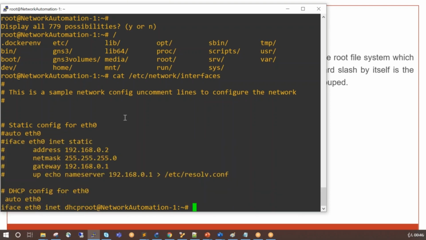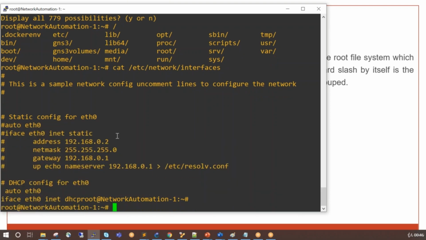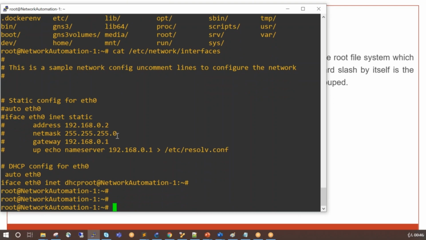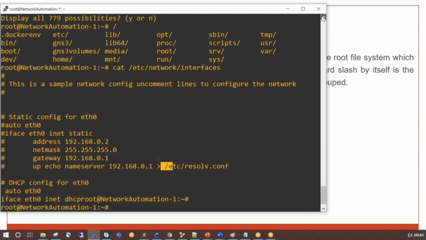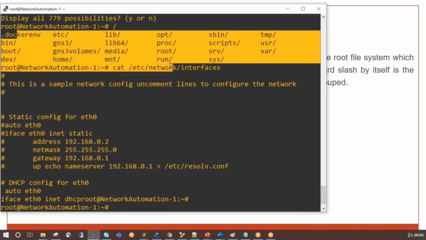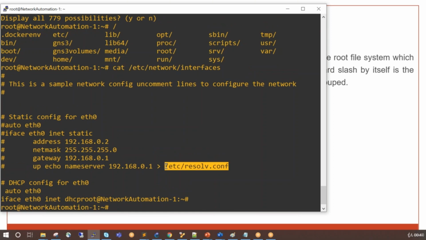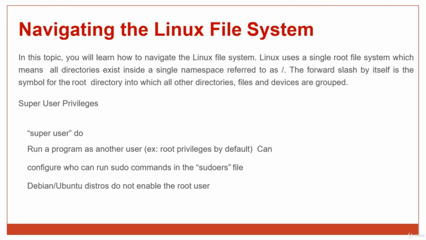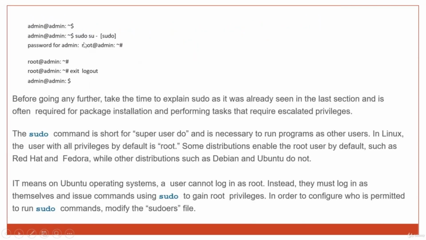Again, we'll learn more about this cat command and other commands that we can use in an upcoming session. But everything will start with this slash, and then you have the complete file structure like this. Once you are inside the root, you can go to any individual folder and check the files related to that. Correct? Now since everything starts with this slash, you can use su as a